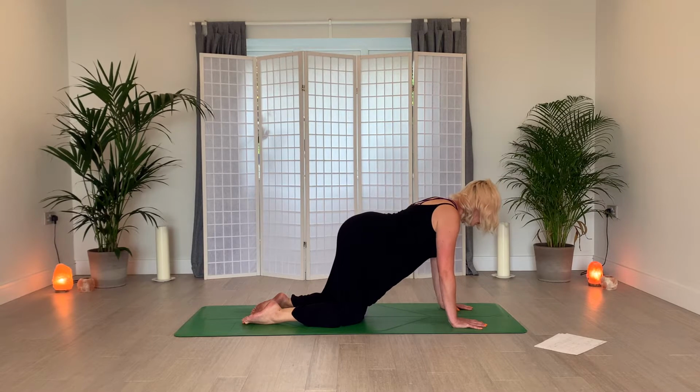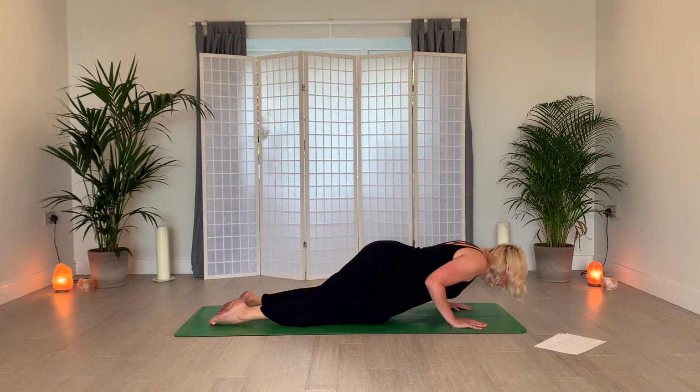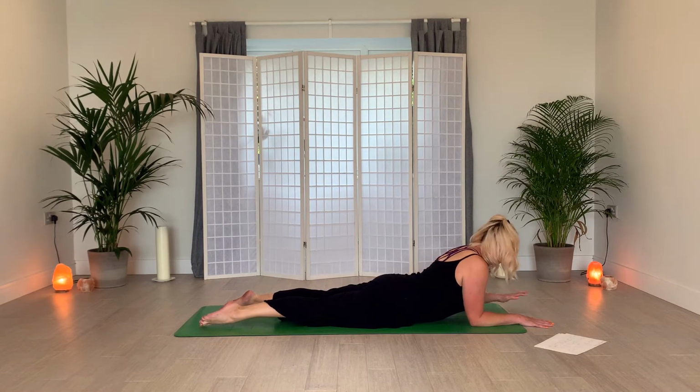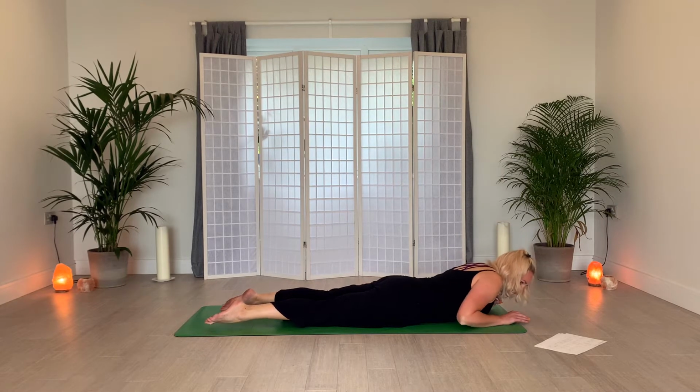Then we're going to bring our knees back slightly, lowering ourselves down very gently. We're going to bring the hands forward so that the elbows are underneath the shoulders, nice and tucked in. Just into a gentle sphinx pose and lifting the gaze. So don't try and crick the neck here, we're only looking up ever so slightly and feeling a really nice, gentle, even curve through the back. Then we're going to lower back down,